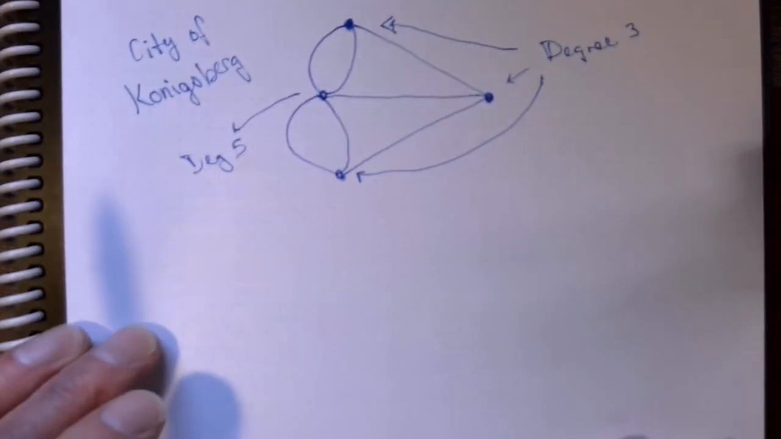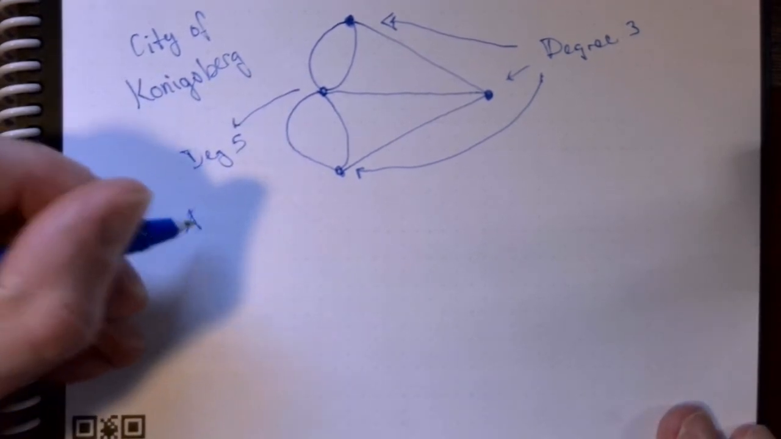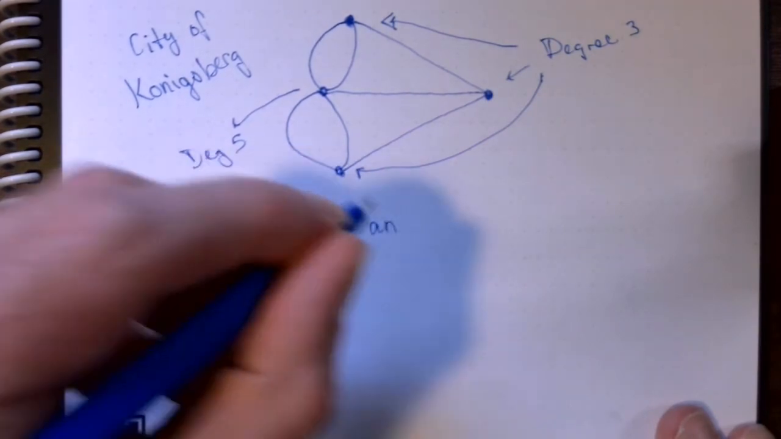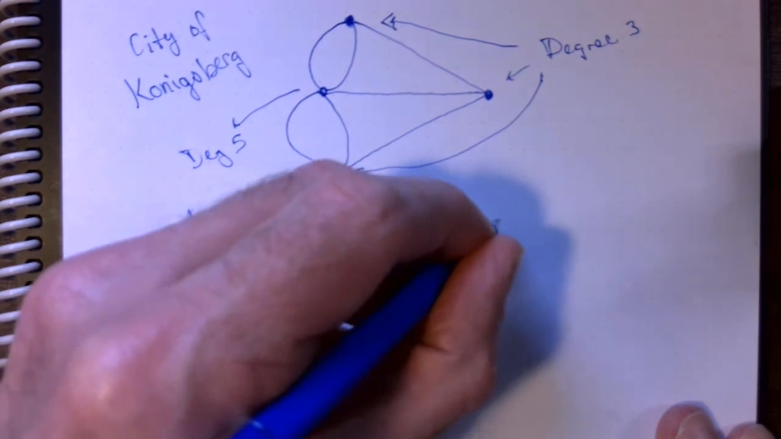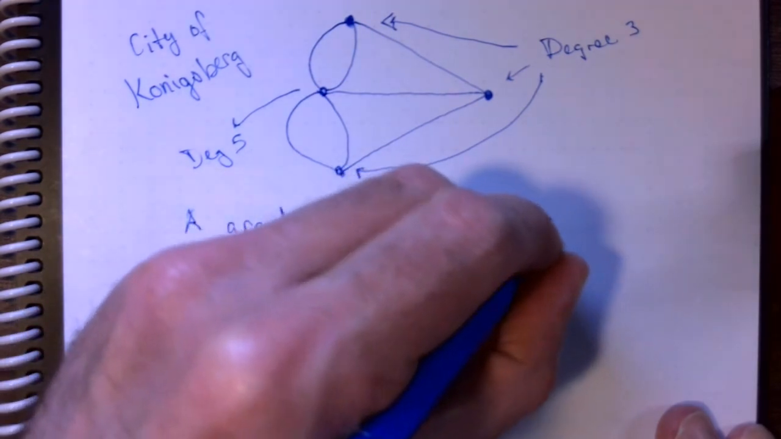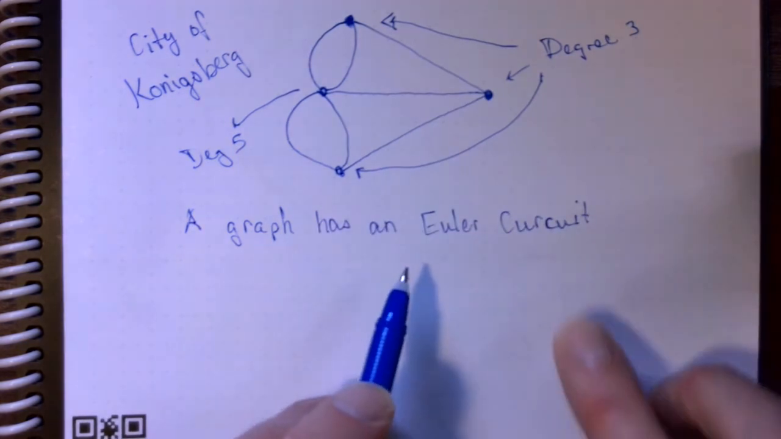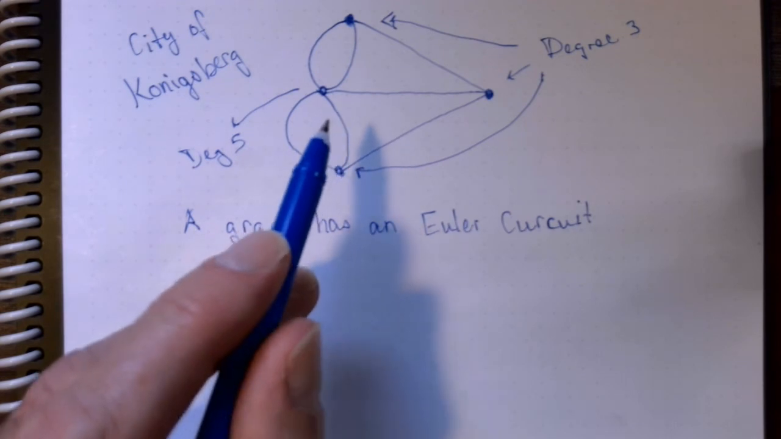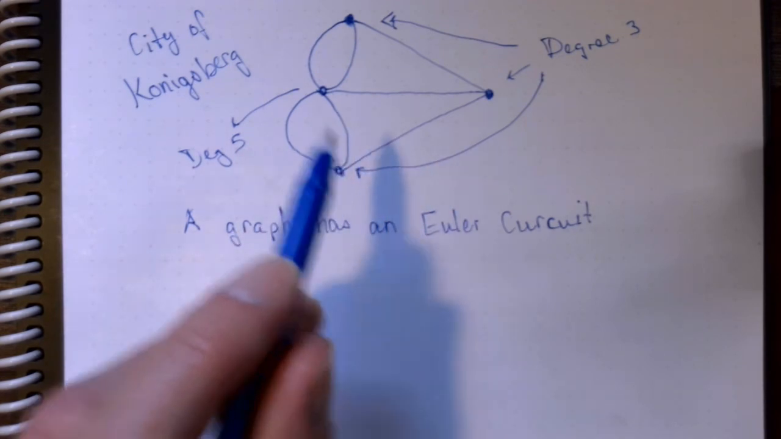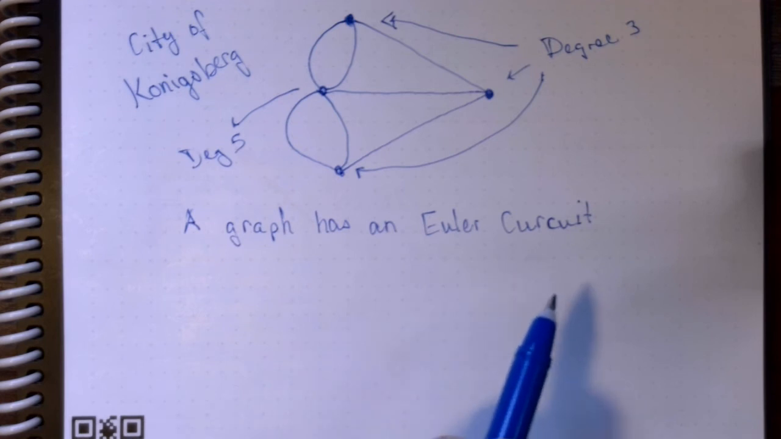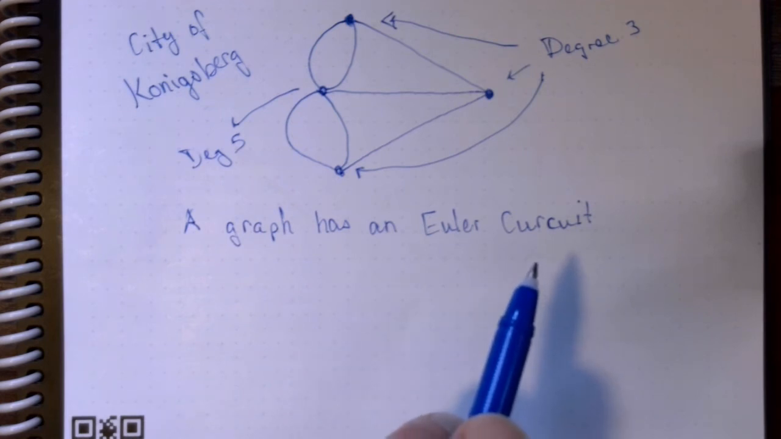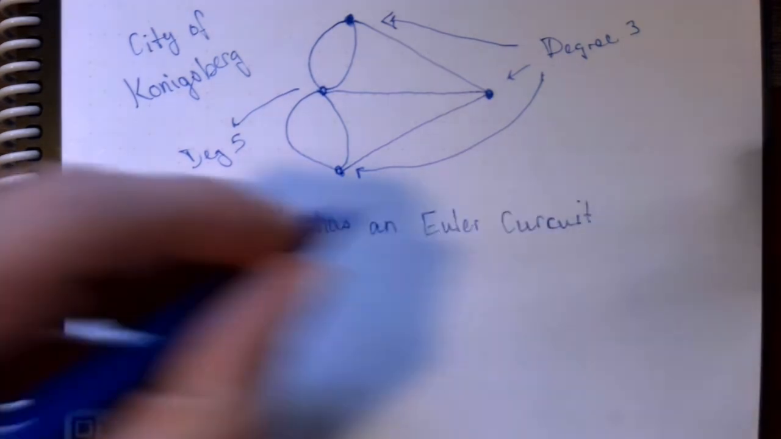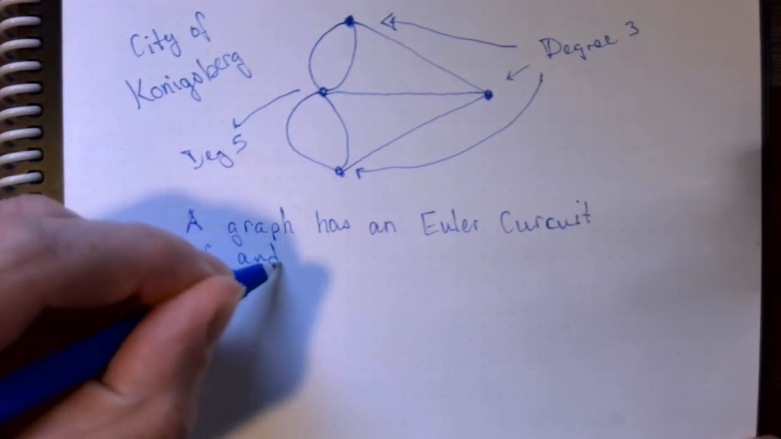Okay, so Euler's conclusion was that a graph has an Euler circuit. Okay, now an Euler circuit is a path traversing each of the edges exactly once and ending at the same vertex where you started. Okay, so circuit implies we go around and then come back. So a graph has an Euler circuit if and only if